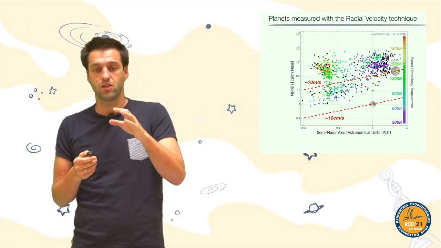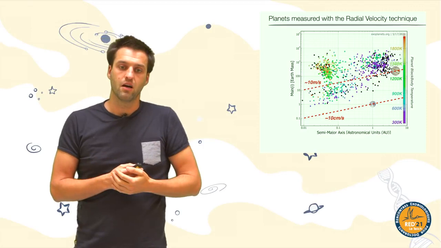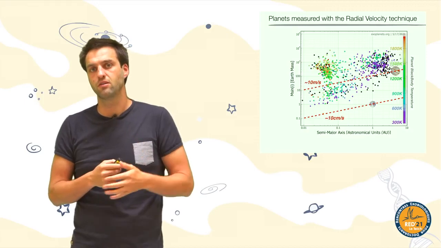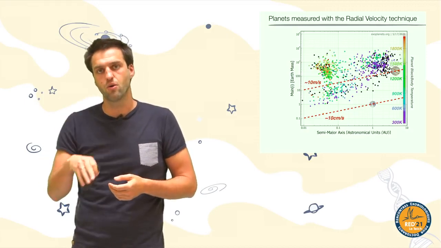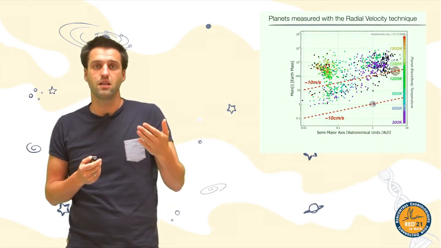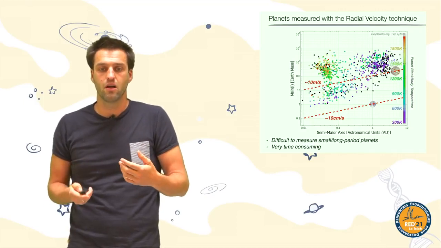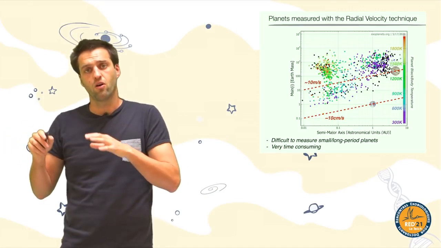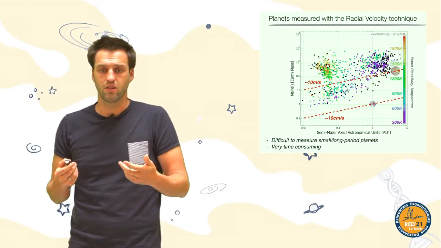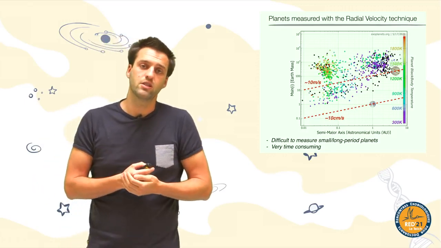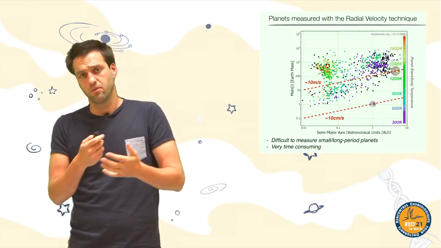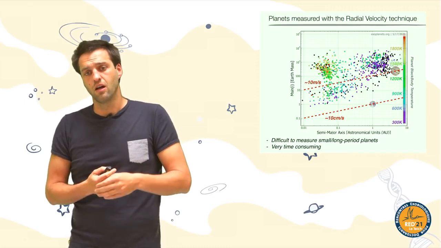The problem is that, as you see from the red dashed lines, you can see the limits of what we're able to measure right now. I told you about 20 centimeters per second, so that's close to the lowest red dashed line. And as you could expect, we didn't discover any planets below this line because these planets are either so far away from the star or so light, not massive enough, that the motion of the star is not big enough for us to discover them. And the problem is that, as you see, the Earth is in this region. So, as I said, we could not today discover the Earth around a solar-type star